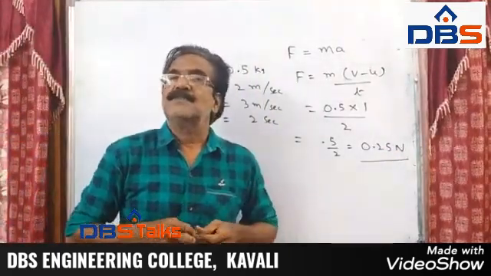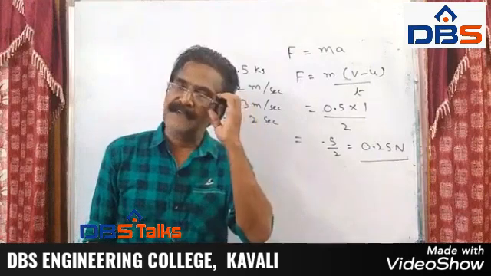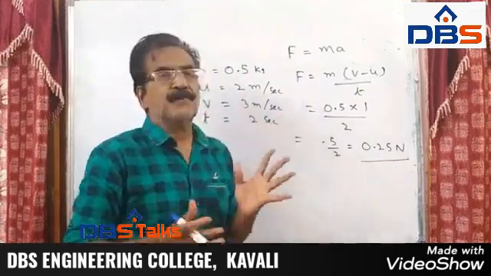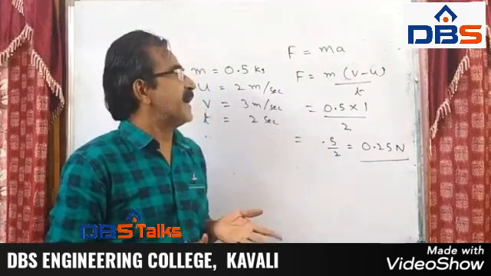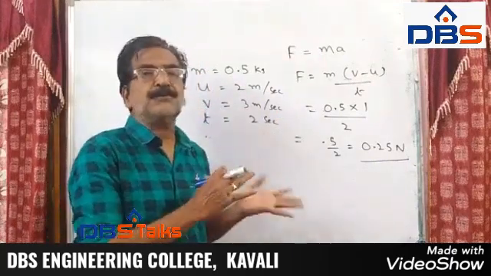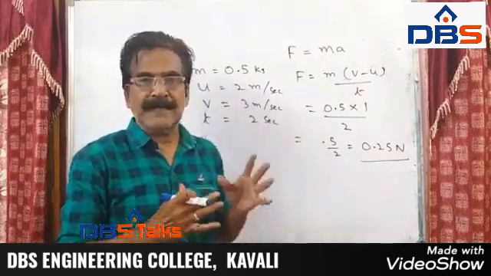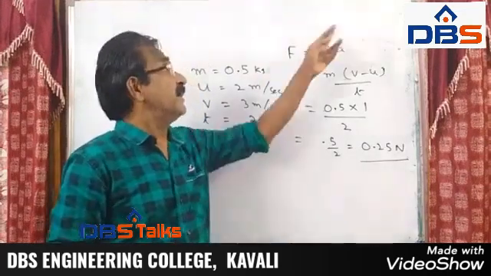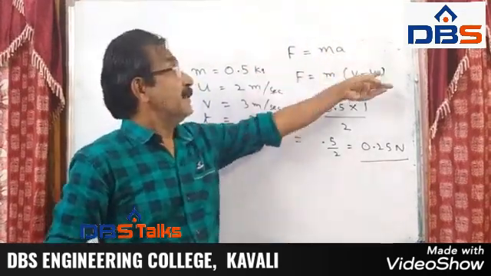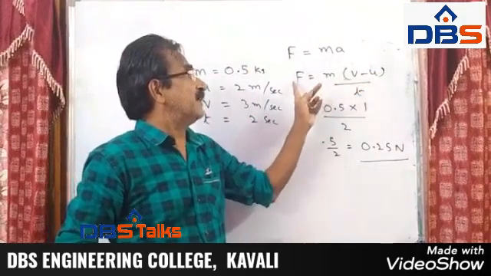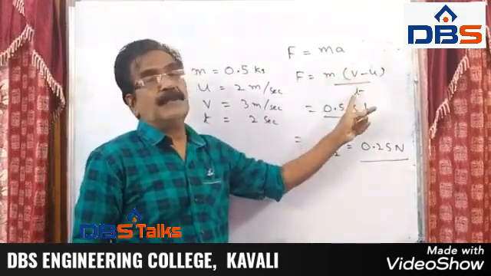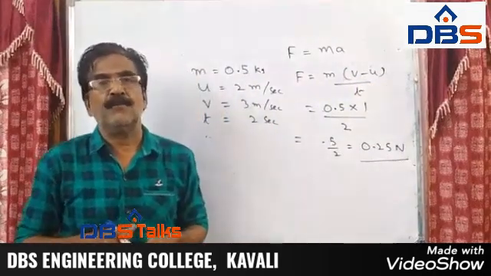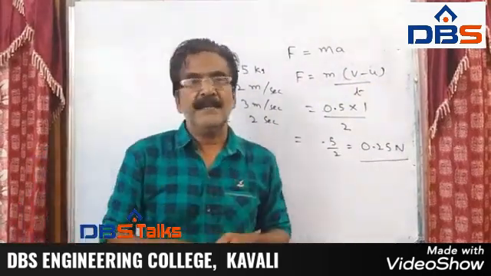Okay, friends, we shall do some more difficult problems in our next session. Just understand what is F, what is m, what is a, and how to substitute these values in this formula to get either force or mass or acceleration. We can find any of these things. Here 5 unknowns are there: F, m, v, u, t. So if any 4 are given, we can find the 5th unknown.